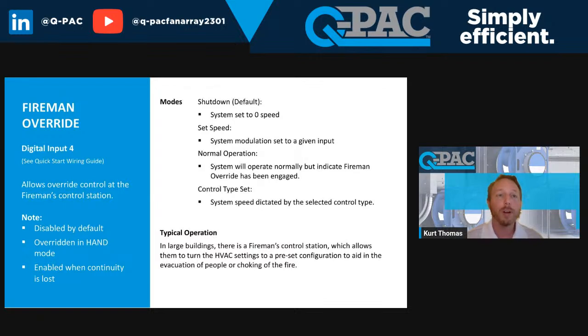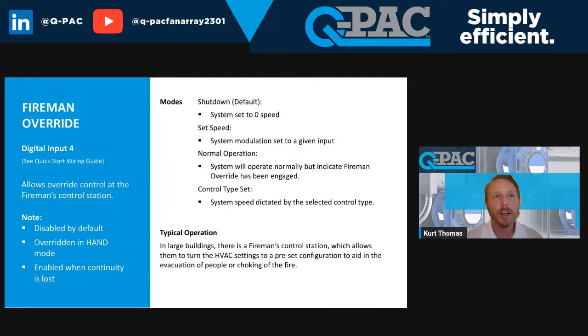So if there is a fire on the top floor, say of a 50-story building, you either want to shut the fans off so that it chokes out the fire and you don't supply it with new oxygen, or you want to pump fresh air in so that the occupants actually have time to exit the building without suffocating. So a lot of times you will want to suffocate the fire on the floors, but you want to make sure that the stairwells have fresh air because that's where most of your people are going to be coming in and down out of the building. So there's several different sequences depending on the purpose of your fans that you might want them to do in the event of a fire.